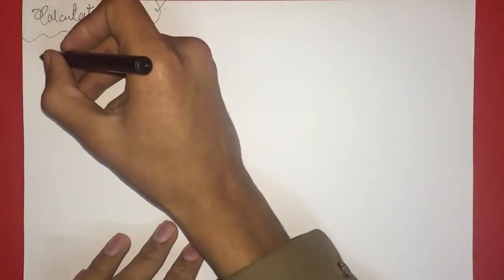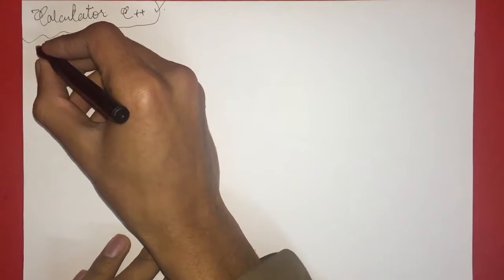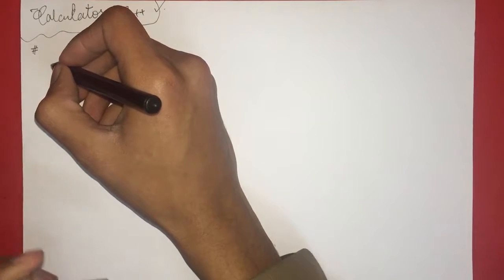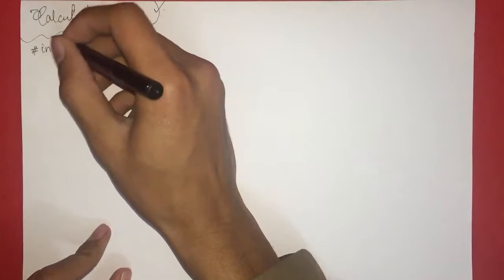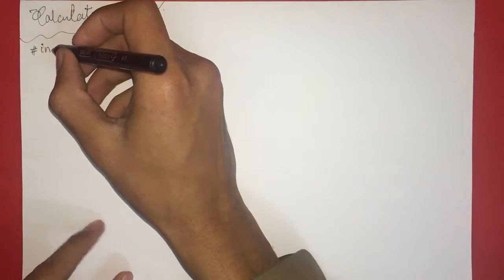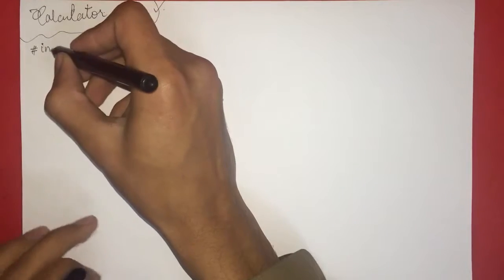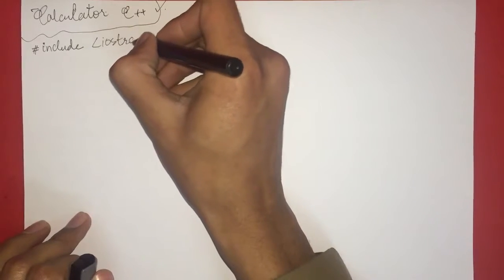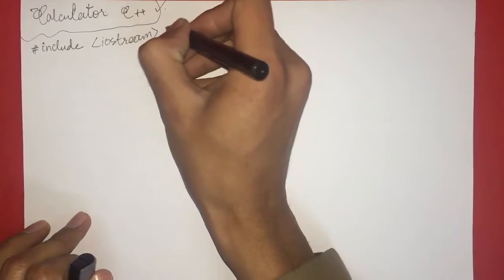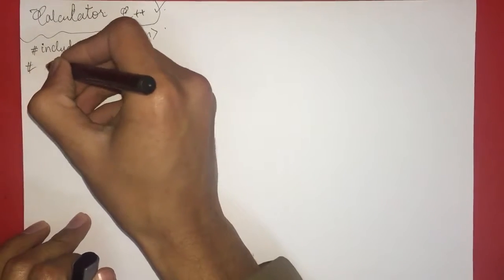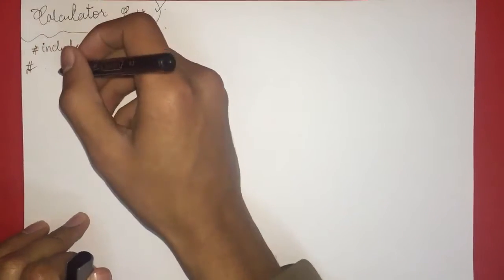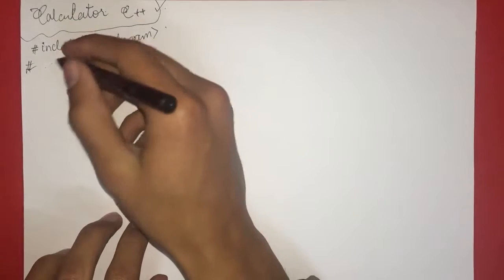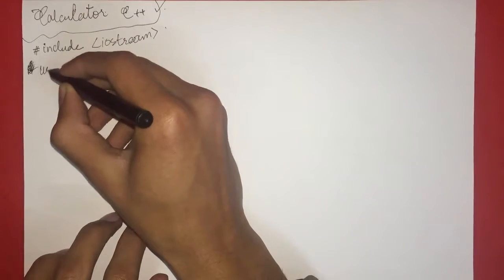First, on the top, it depends what kind of IDE you're using. I use a Mac, so I'm going to write the code according to my IDE, that is Xcode on my Mac. So that will be hash include iostream. On my Mac, I don't use .h, so that will be like this as it is. And I don't have to write include conio.h, it's already present on my Mac. So instead, I just write using namespace